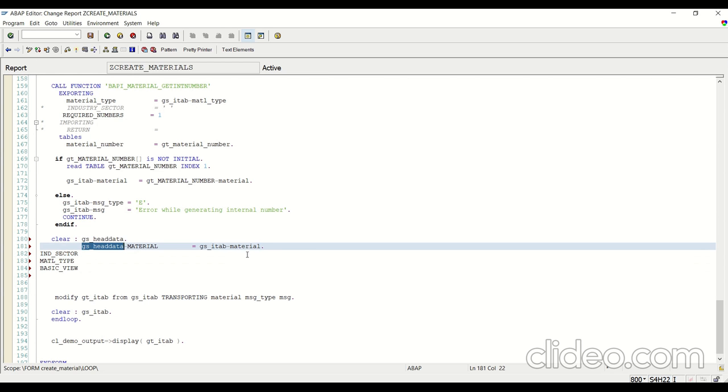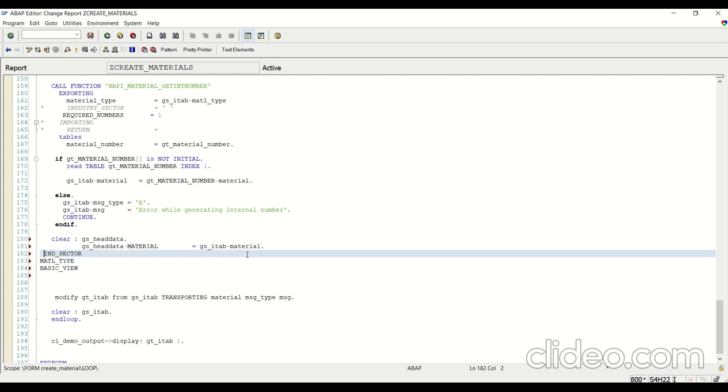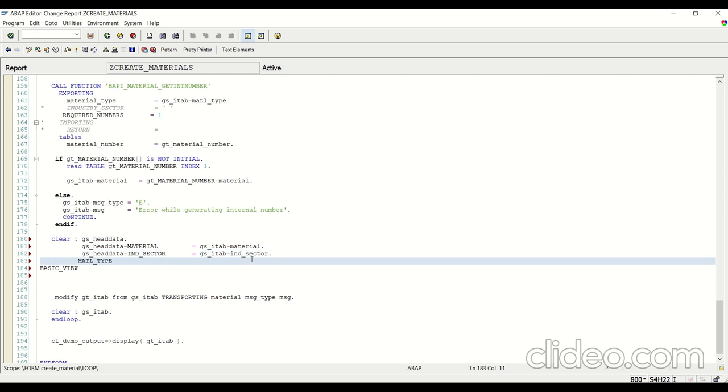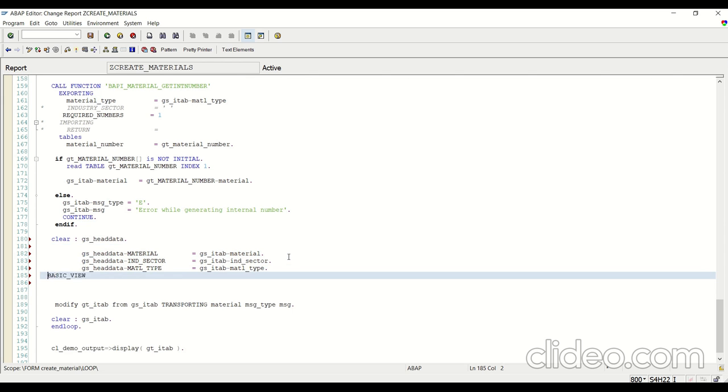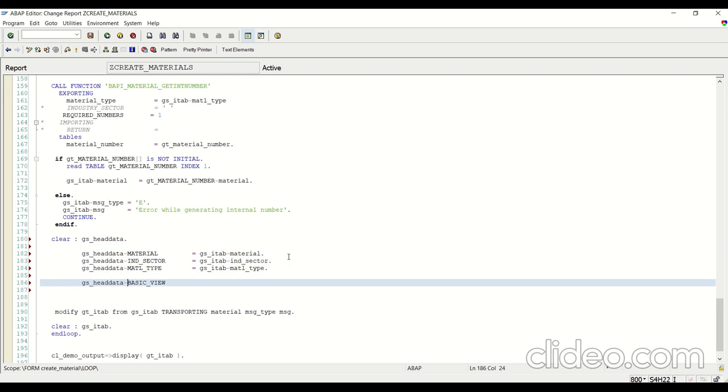And second is GS underscore industry sector. Industry sector also we are passing from the GS underscore I tab industry sector. Then material type. We can also use MOVE-CORRESPONDING, but sometimes it may not work if we have different field names. So here it is material type. Those three fields we have passed, and for the remaining, in the basic data we have to mark as X